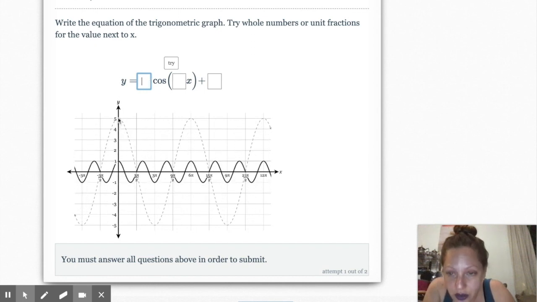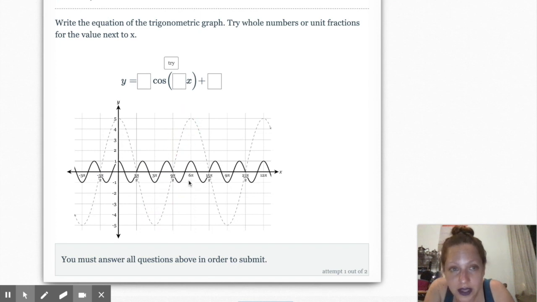So from the dotted graph, I start on the y-axis, and I'm going to go full cycle till I get back to where I started. So I started at the top, I'm ending at the top. I look at the number on the x-axis, and that is at 6 pi. Okay, so again, one full cycle,